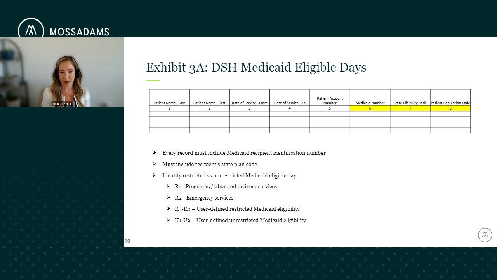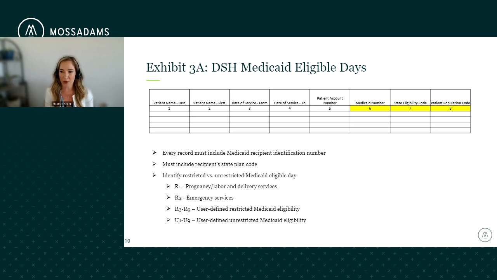So this takes quite a bit of extensive research depending on what particular state you work in, as you can't just Google all of the aid categories for each particular state that you're in. So that's what we do here at Moss Adams: we have state contacts that we look to and research these codes, verify what they are actually truly covering, and then find out, okay, are they actually eligible for your DISH calculation?